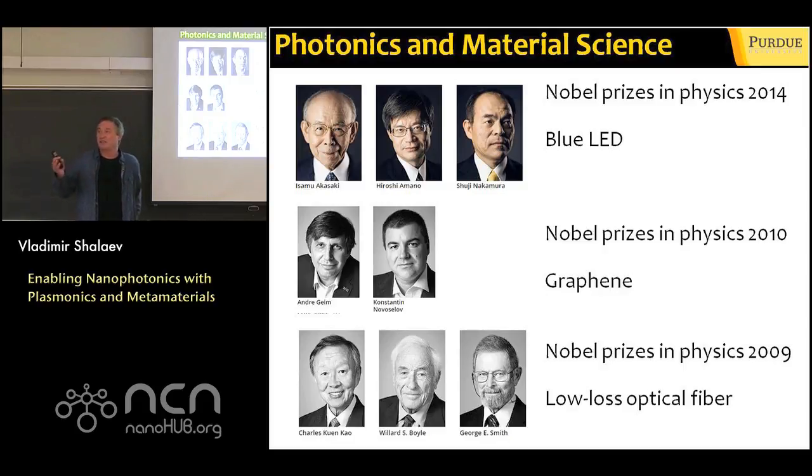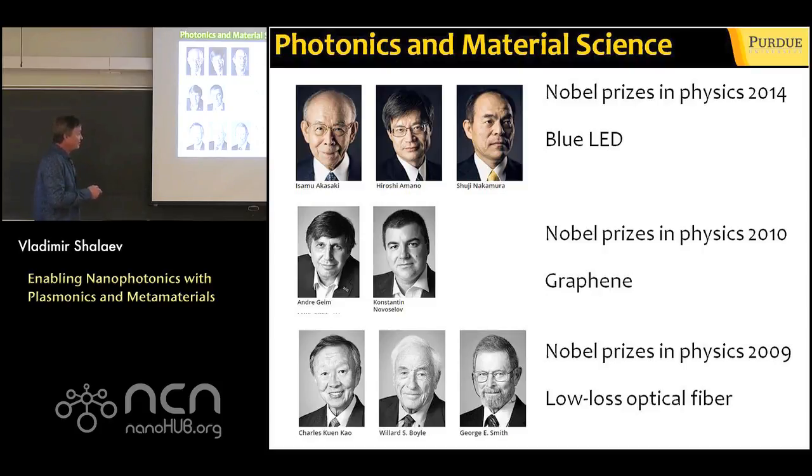There was green and red, and they developed blue LED because it was critical, because with all the colors you could now reproduce this white light, and that was so important that they, for a good reason, got the Nobel for developing this blue LED. Of course, graphene work, it's just yet another material, and strictly speaking, it has been known for quite a while before these two gentlemen, but they were able to isolate this and to study carefully its unique electronic properties, and that resulted in yet another